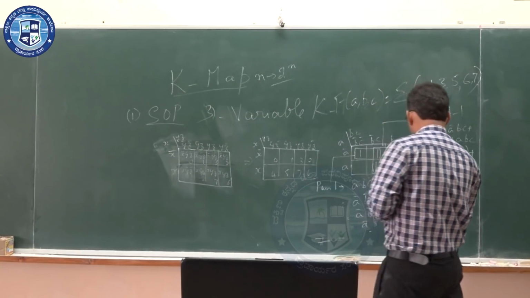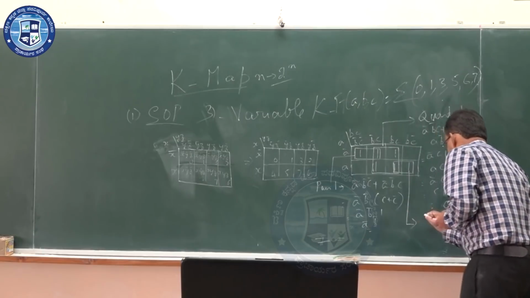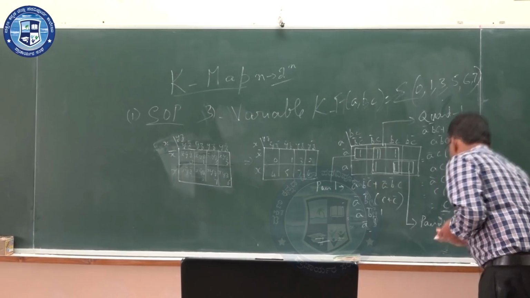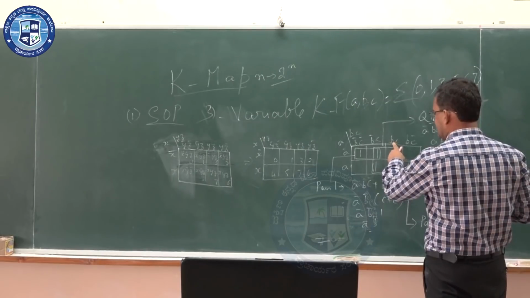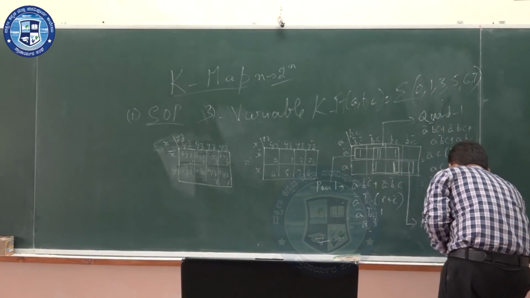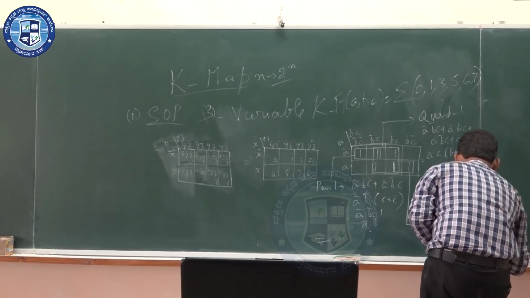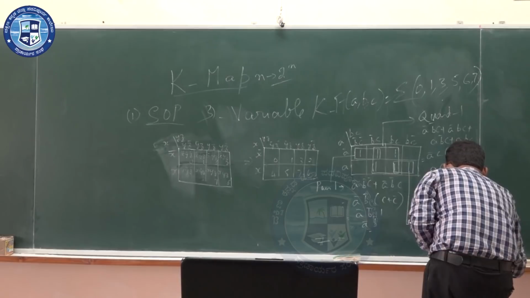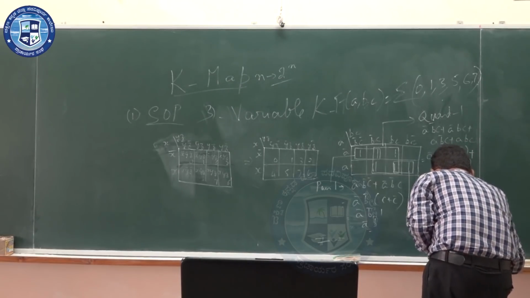The next pair is here, that is pair 2, and what is pair 2? A B C plus A B C bar, which is equal to A and B is common, C plus C bar, applying the complementary law, A B dot 1, which is equal to A and B.